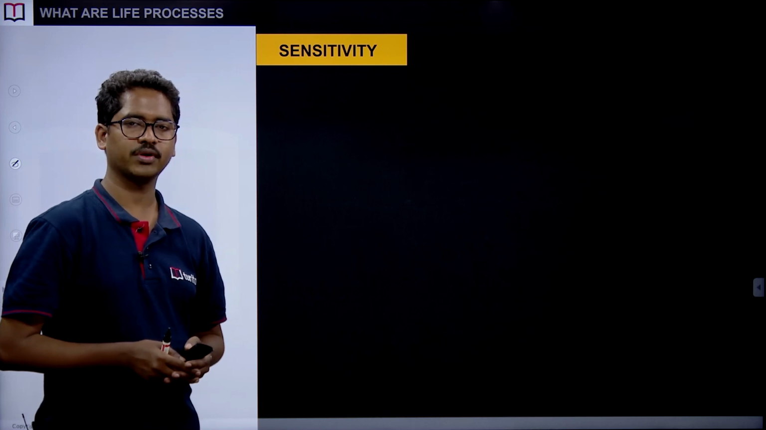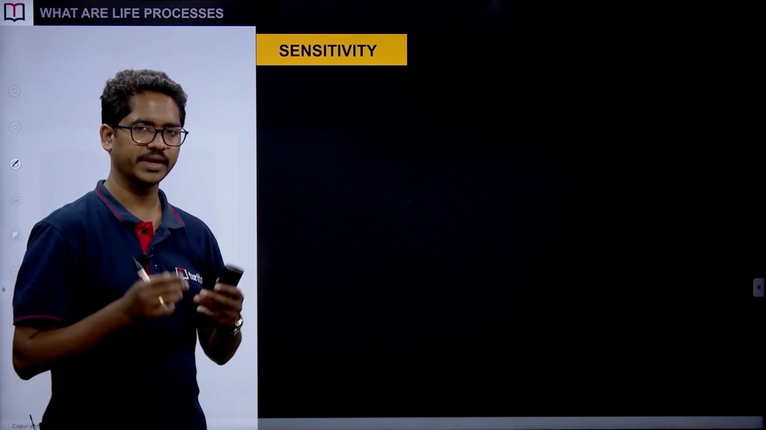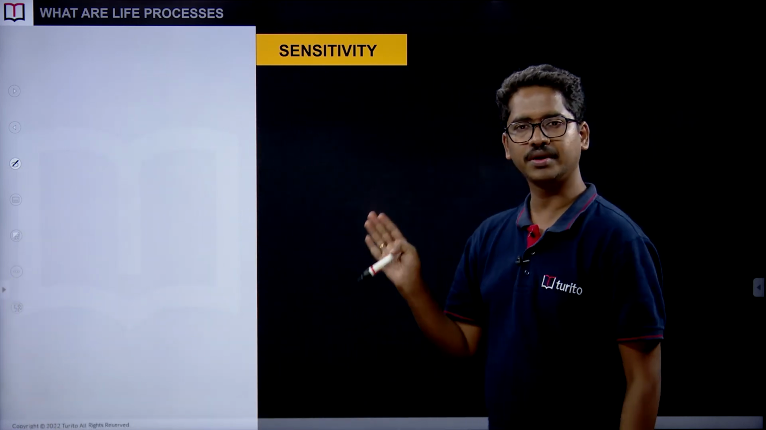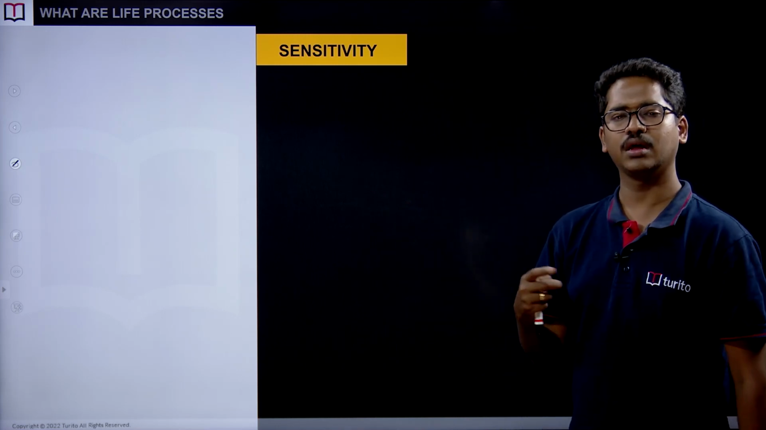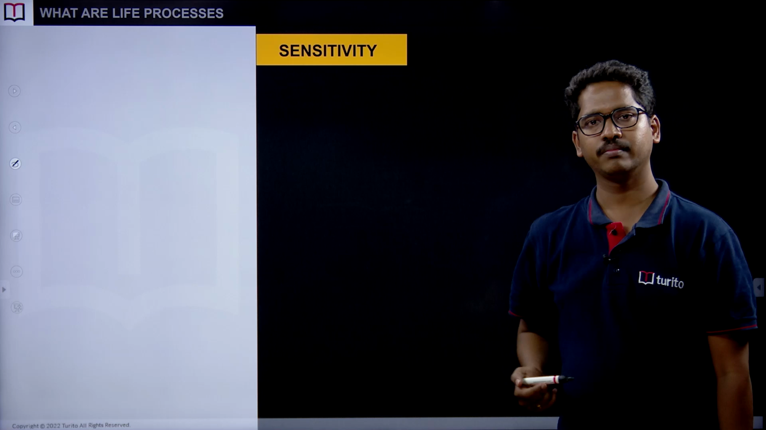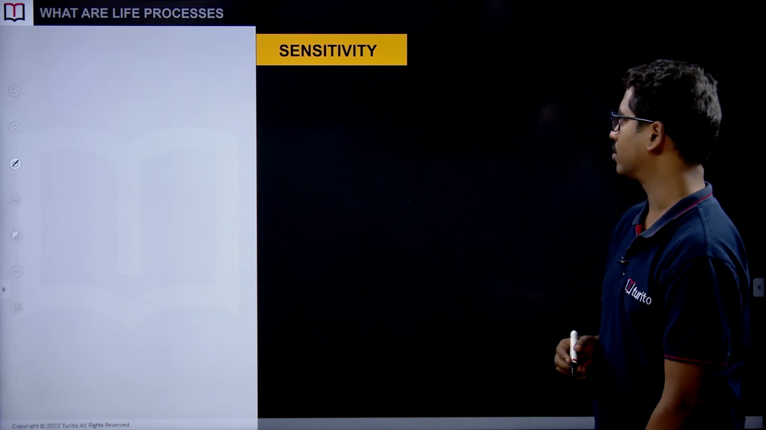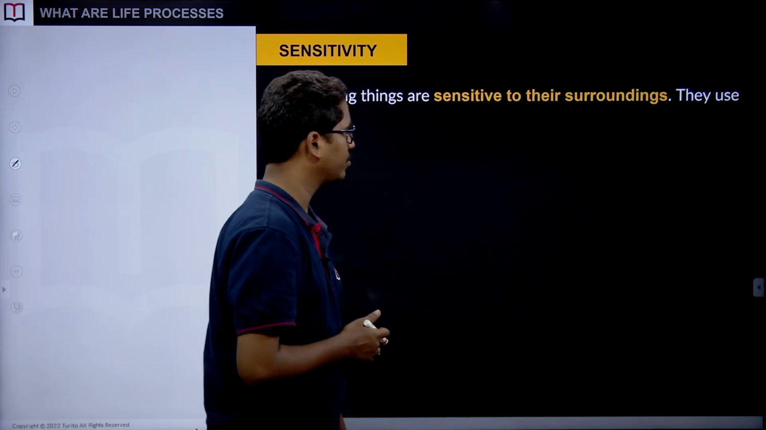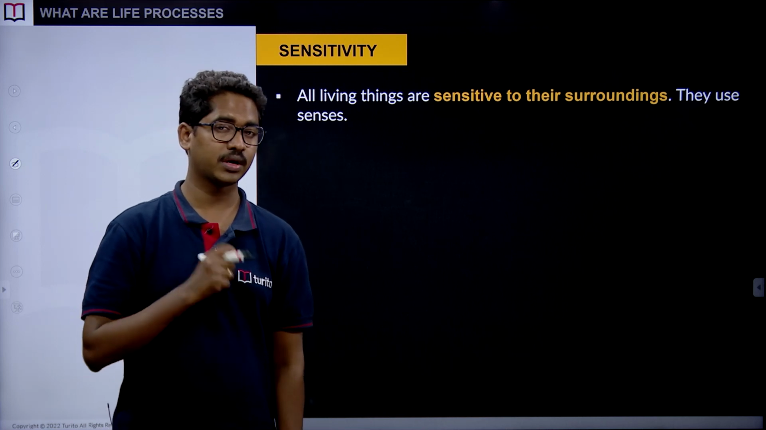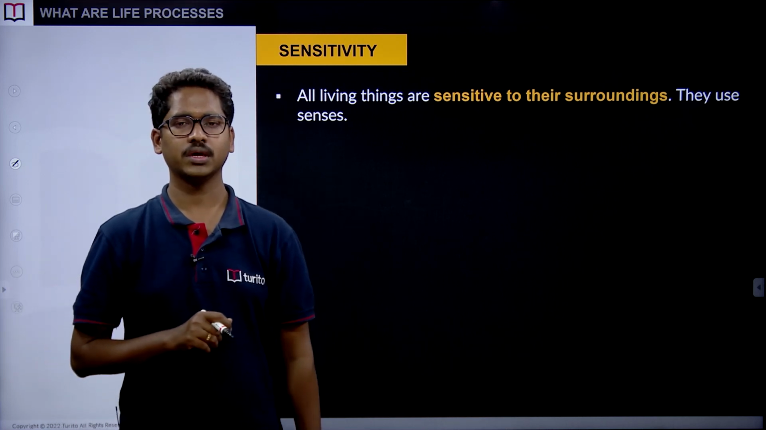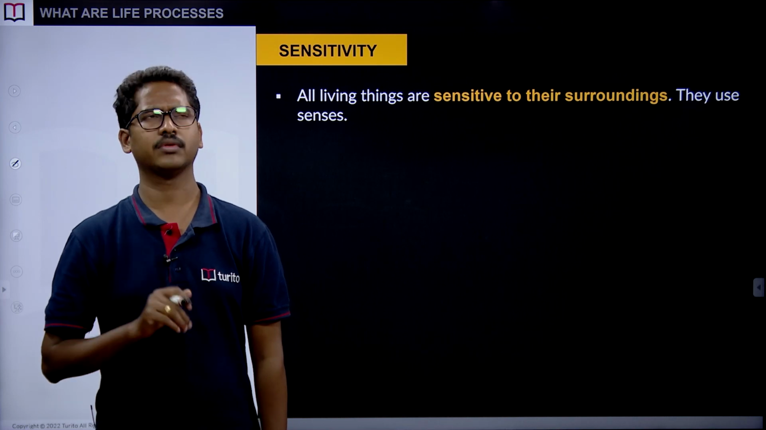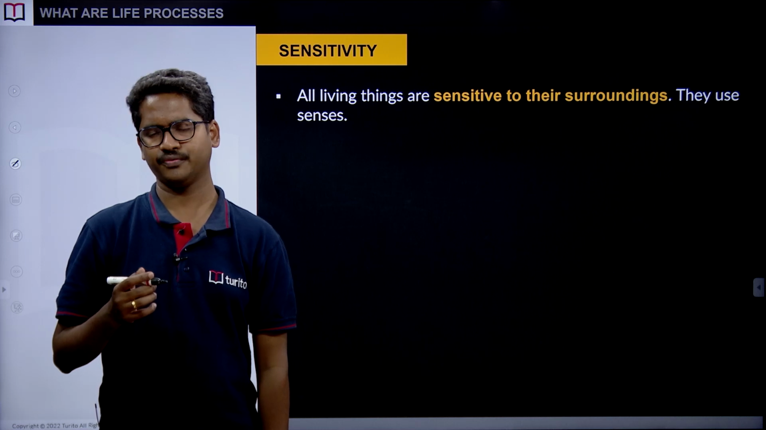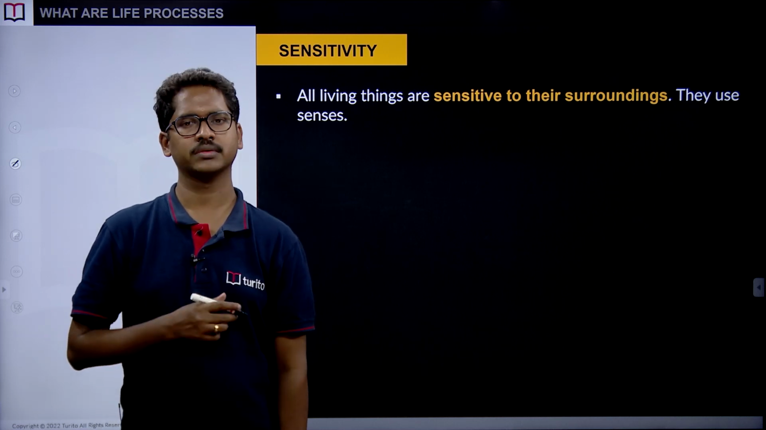What do you say about this life process, sensitivity? Think. Most of the things you can make out here from the learning objectives I have shown you, right? Looking at the learning objectives you can make out something. So here all the living things are sensitive, they are highly sensitive to their surroundings, they use their respective senses. You see some of the organisms like a snake, or a frog, or a dog, how about birds,